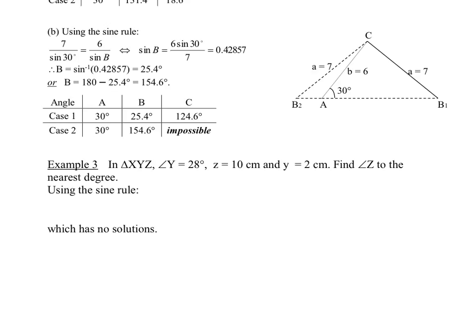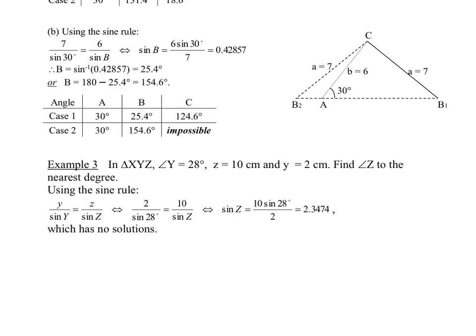In this final example, we have a triangle XYZ, and we're given some information about it. If you're asked to find angle Z to the nearest degree, well, we've got angle Y, we've got side Z, and we've got side Y, so we should be able to use the sine rule to solve that. If we set up the equation like this and rearrange it for sine Z, we get this equation here, which means that sine of Z is equal to